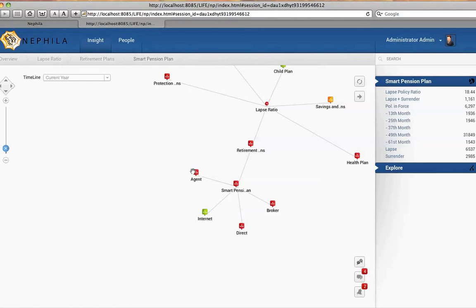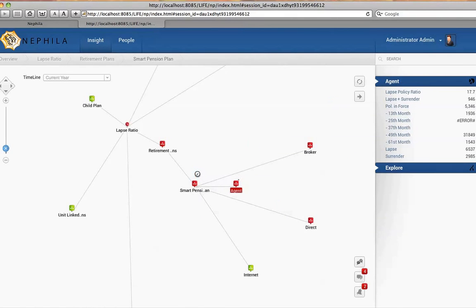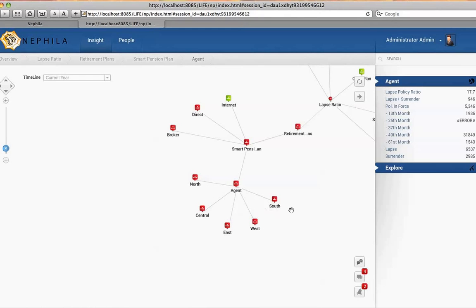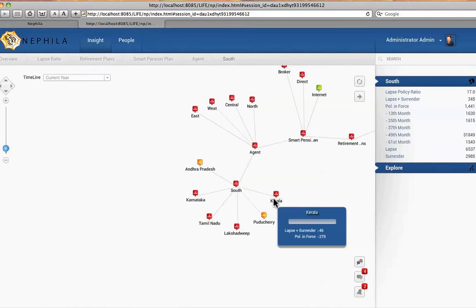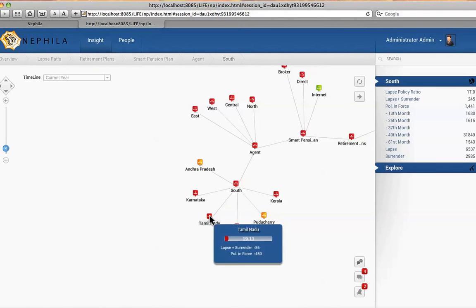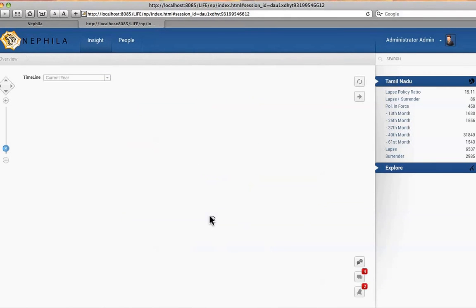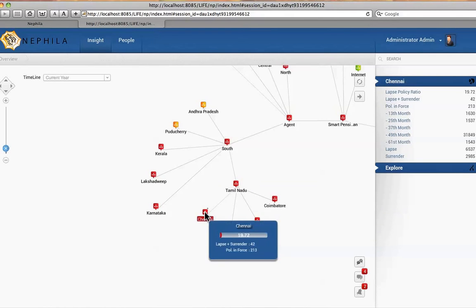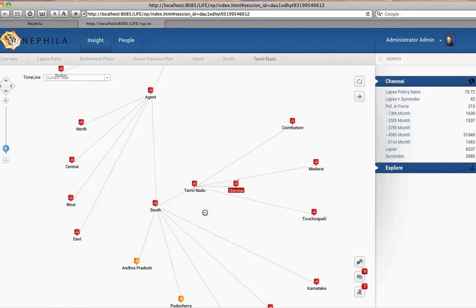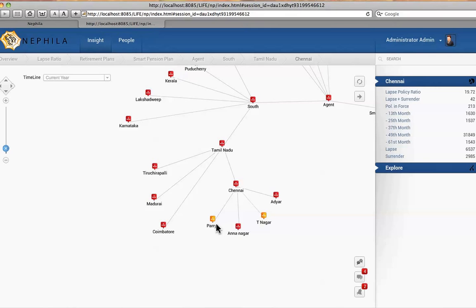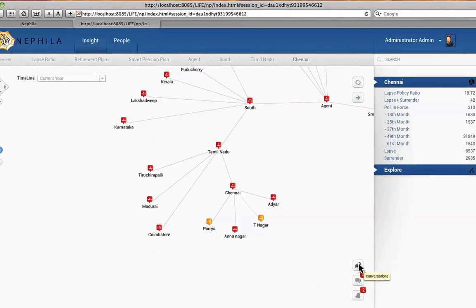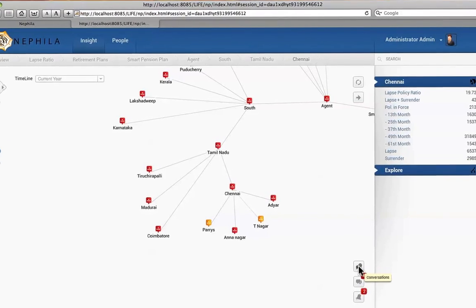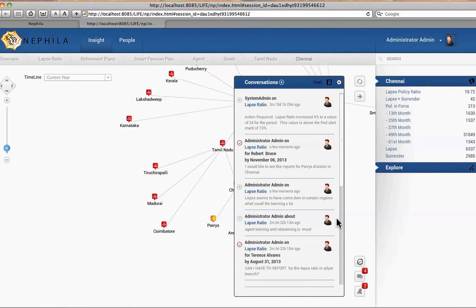I drill down further and find out my agent business is the one which is doing poorly. In south, the agent business is supposed to be good. I can drill down further and find out what could be the root cause there. I can also go down further at territory level and be able to see if there is any particular division which is causing the problem. Like I mentioned earlier, Paris division and T Nagar division are doing reasonably well, while Anna Nagar and Adyar are not doing well. So I am able to start a conversation at this level